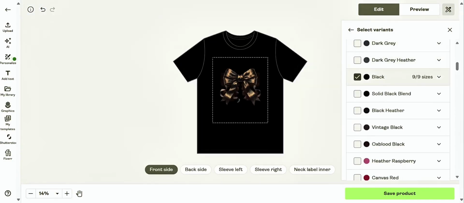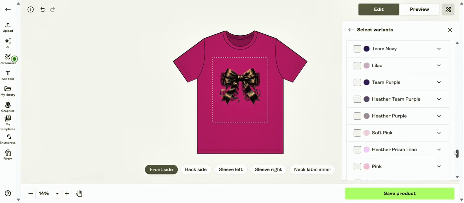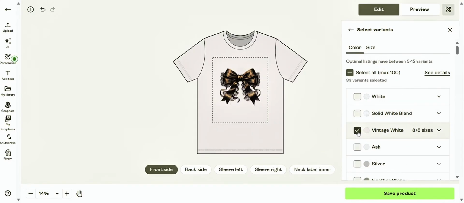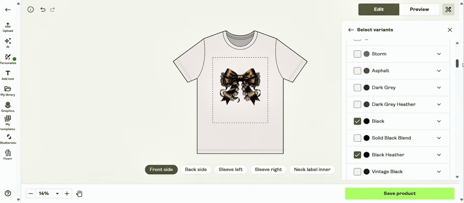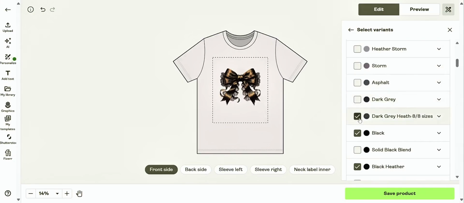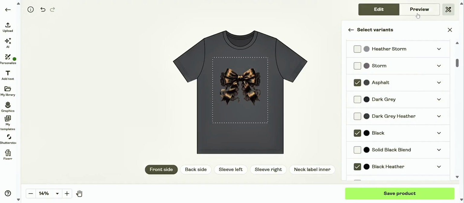So this is what it looks like on the black. This is what it looks like on the solid white. This is what it looks like on the vintage white. So I'm just going to go with vintage white, like maybe an ash. Not that one. Anyways, you just play around with what colors you actually like, what colors you think would do